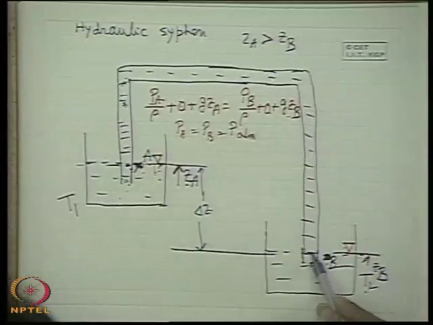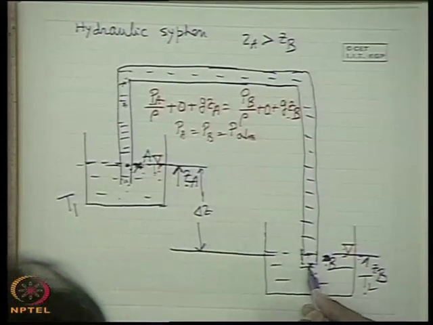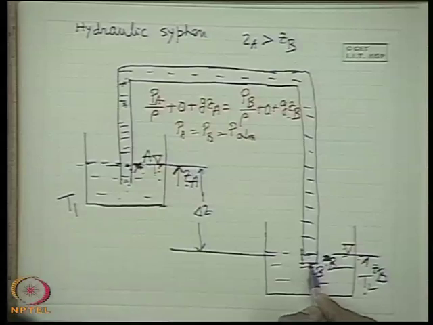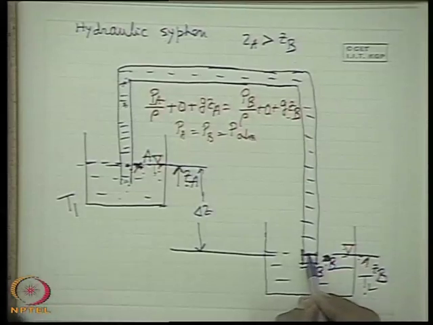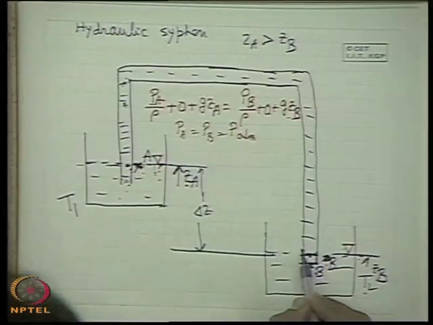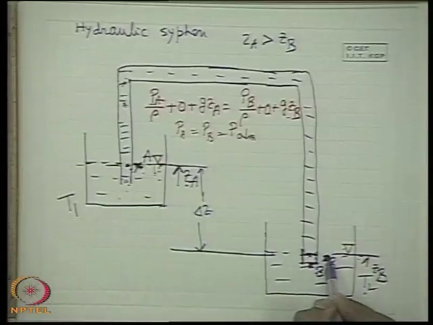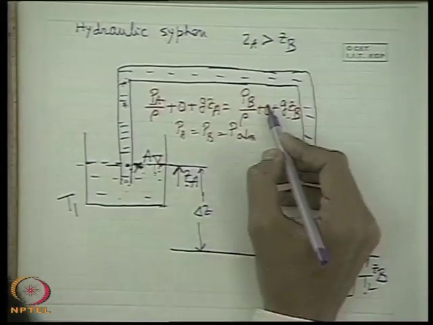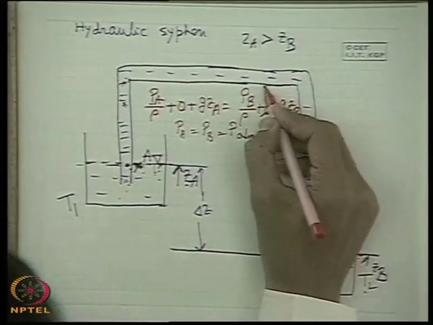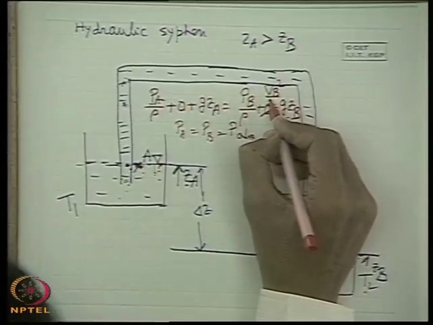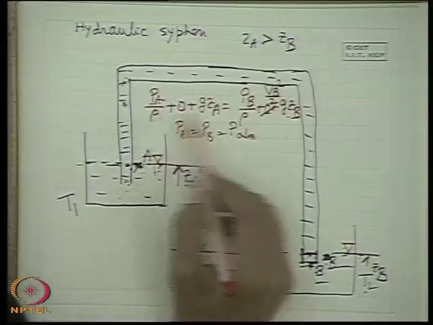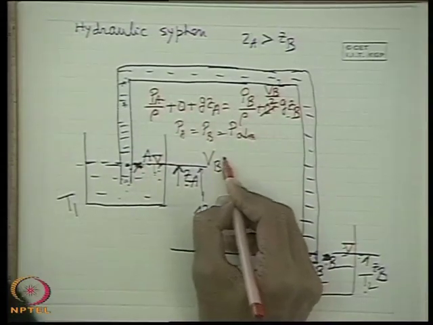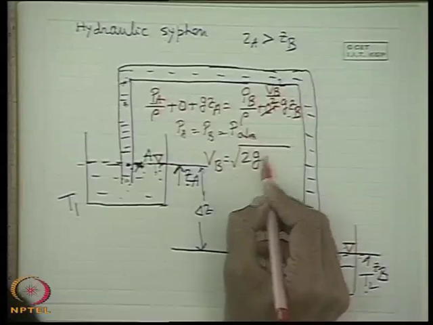There is a loss, exit loss. Exactly at the exit plane, if you consider the atmospheric pressure, that means the exit is taking place just at the surface, as I have drawn. So, there is no pressure difference between this point and this point. That means you can consider the exit just at the free surface or just below the free surface, so the pressure is the same as the free surface, atmospheric pressure. So, here there will be Vb square by 2. If you take Pa and Pb as the same as the atmospheric pressure, they cancel out. So, simple deduction is that Vb is equal to root over 2g delta Z.